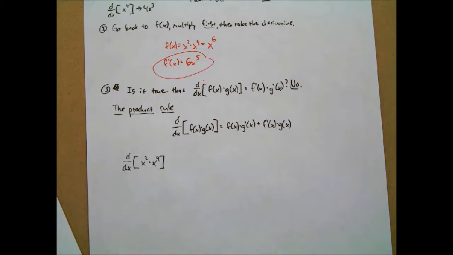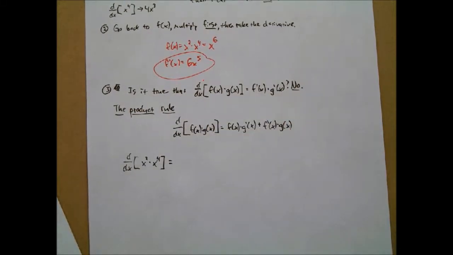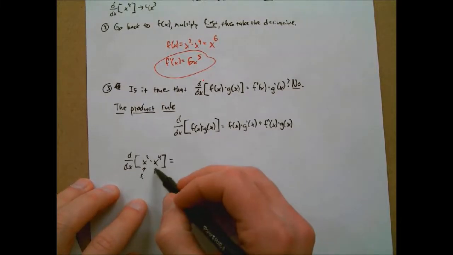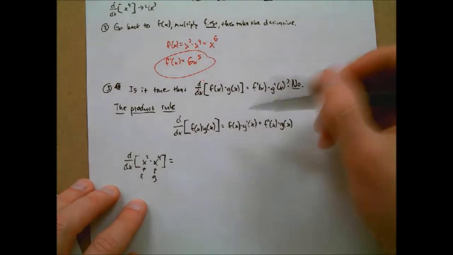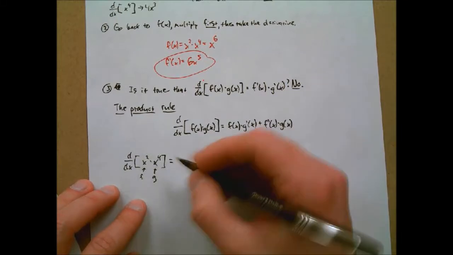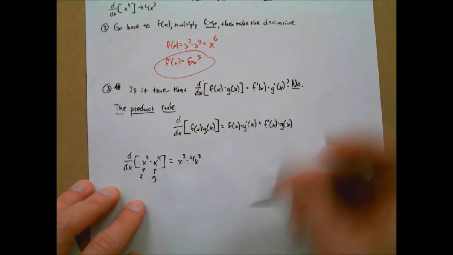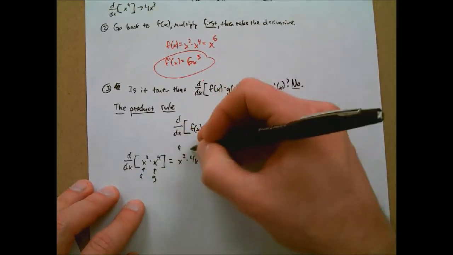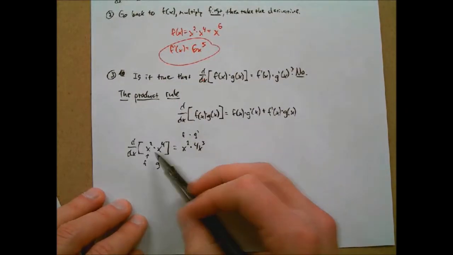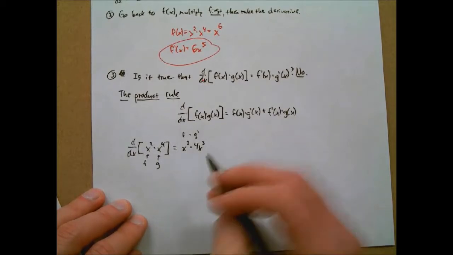All right, so this will equal, this right here is like our f, and this one here is like our g. And so according to our product rule, we need to do the original function f times the derivative of g. So the original function f is x squared times the derivative of g, which is 4x to the third. So you see that right there. There's f, there's g prime. f is just the x squared, doesn't change. x to the fourth is g. We need to multiply f by g prime, so 4x cubed, right? f times g prime. Plus then,